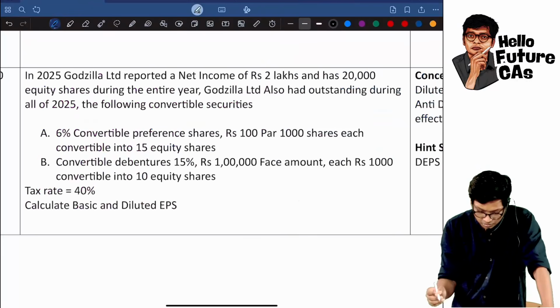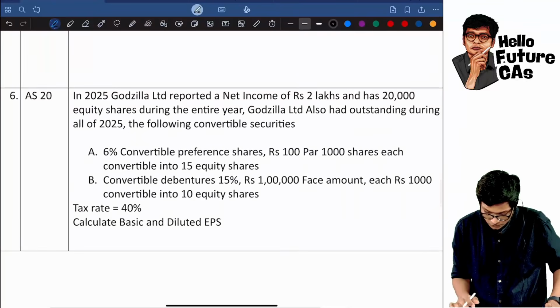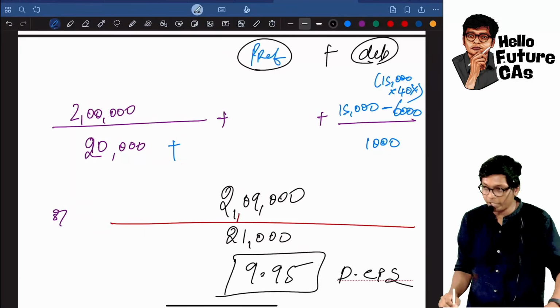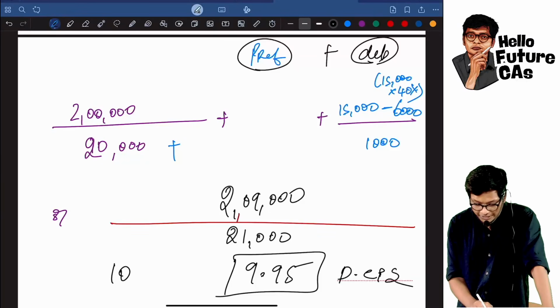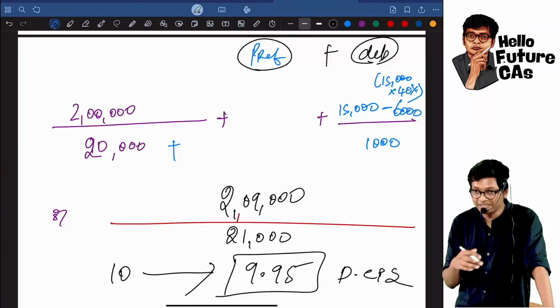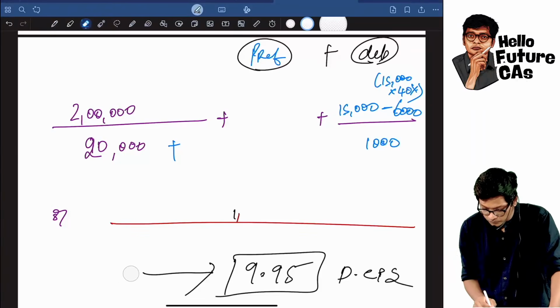9.95, correct? Which is 1 lakh face value. You are getting 9.95. So 10 rupees drops to 9.95, where we said it is a dilution. Now I want to do the same sum again,